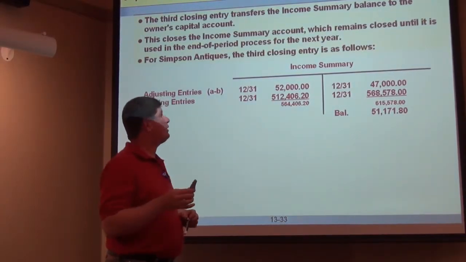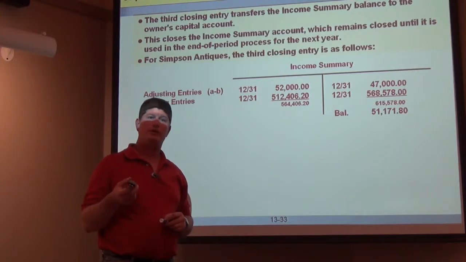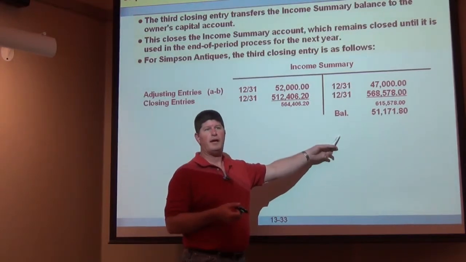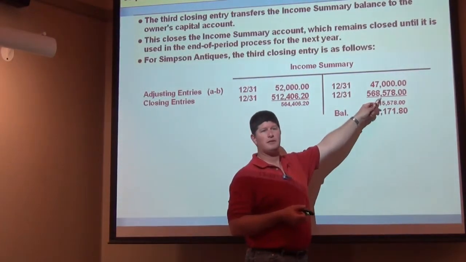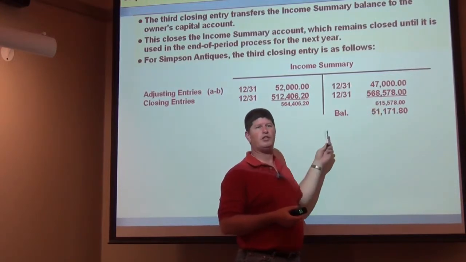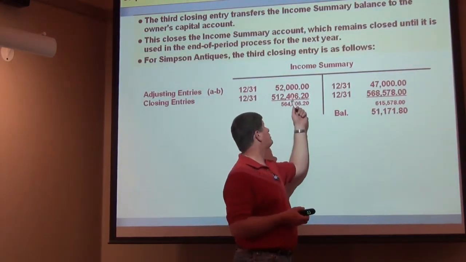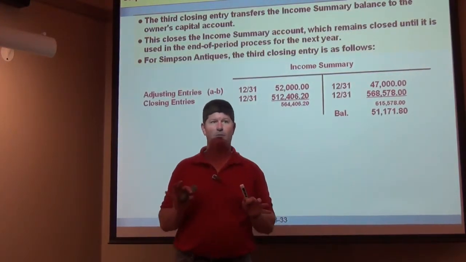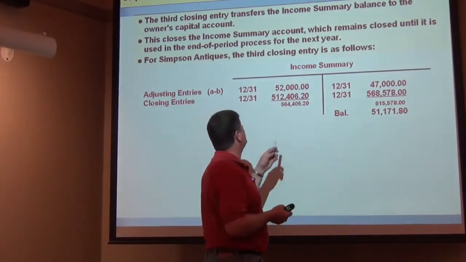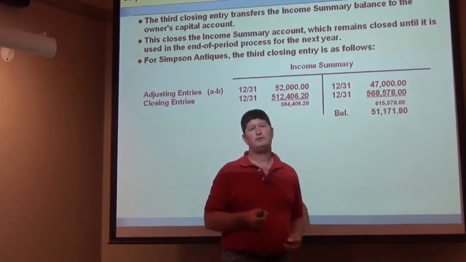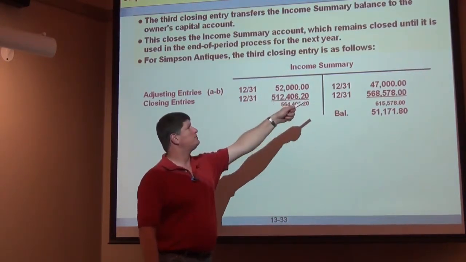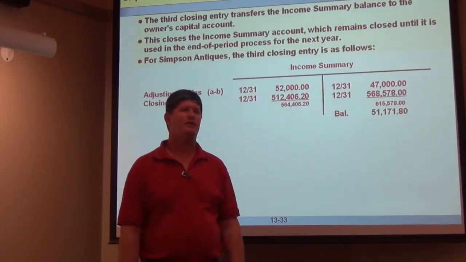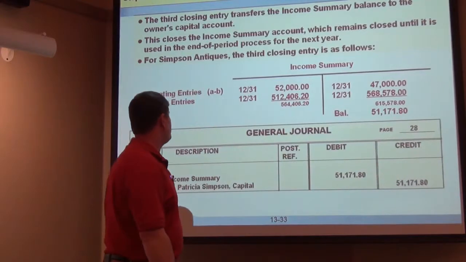So here's your income summary account. Now, remember what we just walked through. We took our credit balances, and we debited them, and we posted a credit to the income summary. We took our debit balance expense accounts, we credited those and posted a debit to income summary, right? To transfer the balance. In the old days, in Chapter 6, that's what your income summary looked like. Notice what's going on up here above. I've got 52,000 and 47,000 over there. This is our beginning and ending inventory. And what we're doing here,